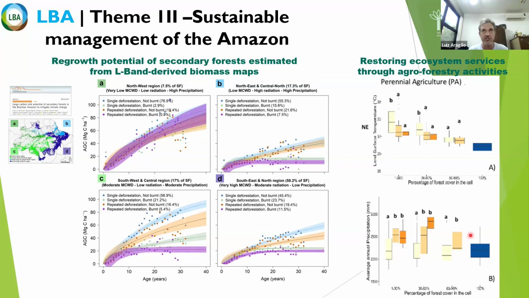So in general, LBA is a platform that would be open for collaboration with PANGEA, bringing the infrastructure and researchers to support the advance of science in terms of understanding the functioning of the Amazon in this human-modified ecosystem nowadays, and looking also at solutions to recover the functions that were lost through time in order to generate economic benefits for the local population and improve the quality of life of these people, not only in the Amazon, but also in the adjacent biomes that are also supported by some of the processes that occur in the Amazon.